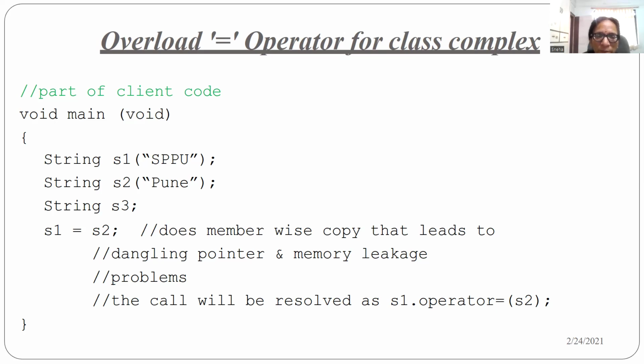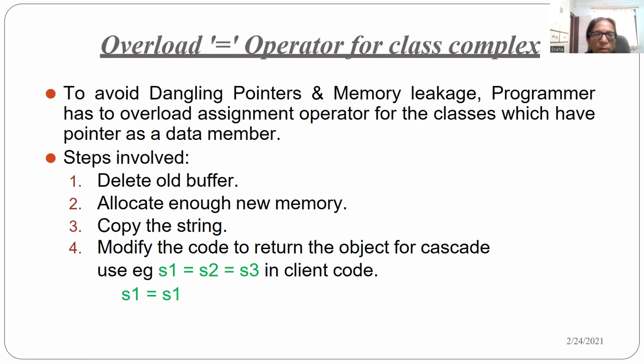If I write S1 is equal to S3, the default member-wise copy leads to a dangling pointer, and a memory leakage problem will be there. So if I write S1 dot operator is equal to S2, the problem will be resolved. To avoid the dangling pointers and memory leakage, the program has to overload the assignment operator for the class, which can